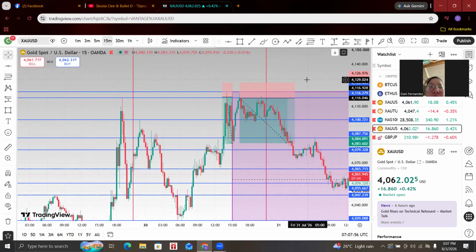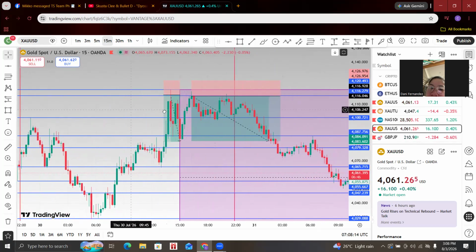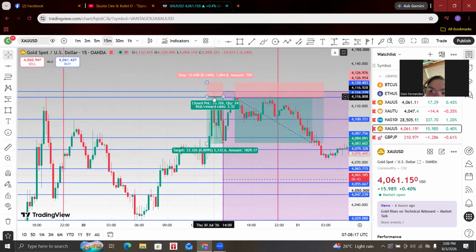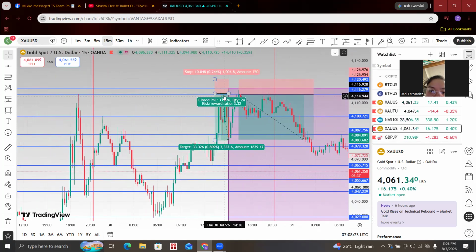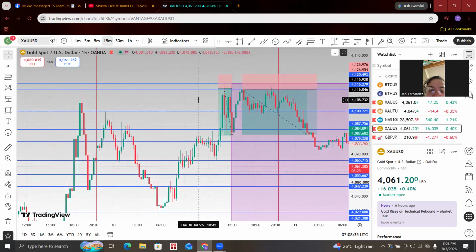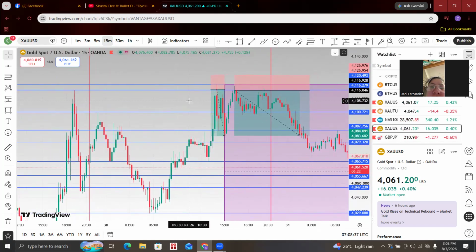Kuya, the resistance, right? Once it went back to the resistance, do I have to wait until it goes down a little bit po? Like pag ni-reject niya po yung ano, doon po ako mag-enter. Yes. Or what you can do is enter at the price, right? So remember, this is always the top of the wick, right? So you can just put a sell limit at that price and then just set a stop loss and a take profit. And then you can just watch the chart and let it run, right? You can enter right away.